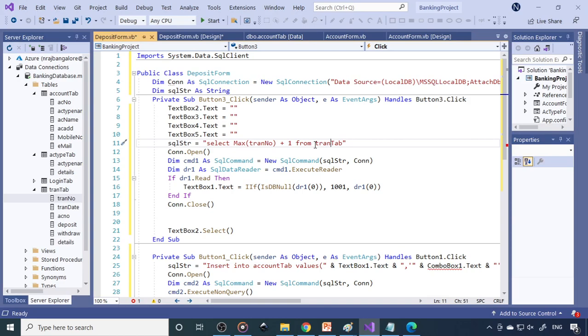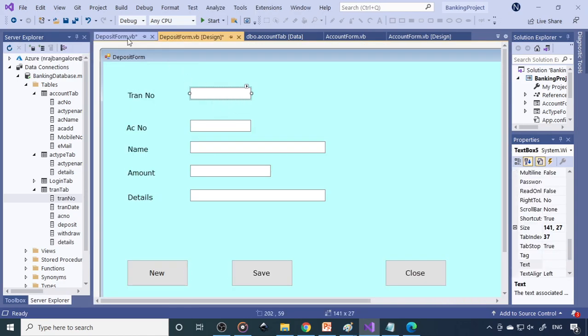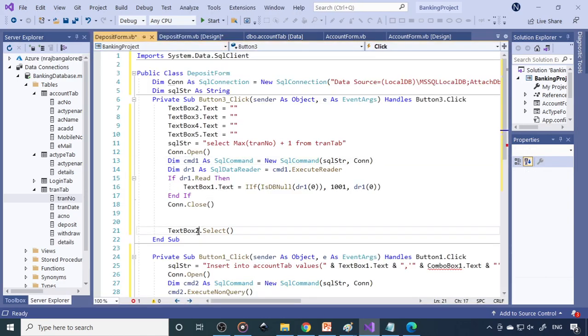Transaction table. Now you can see that select max of transaction number. So this is transaction number from the transaction table, plus 1 to increment this. Again this code will do the same, but now this text box is different, so you need to use text box 5 here. Text box 5.